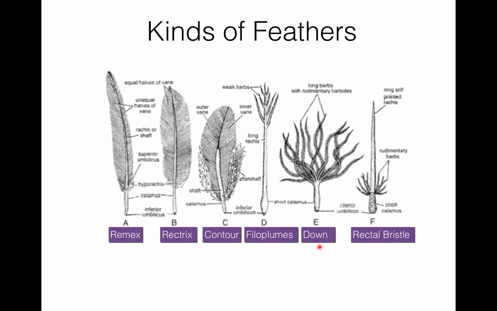Then down feathers. They are small, soft, and woolly feathers. They are different from contour feathers in the absence of a rachis. There is no rachis. There is a short calamus. The barbs are long, flexible, and with short barbules. They are without hamuli, and they arise as a fluffy tuft from the top of the short calamus. So they are arising from the calamus.